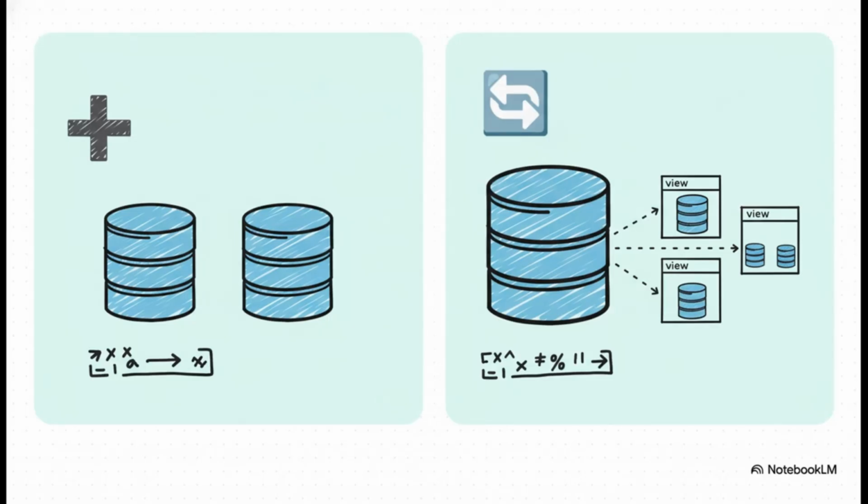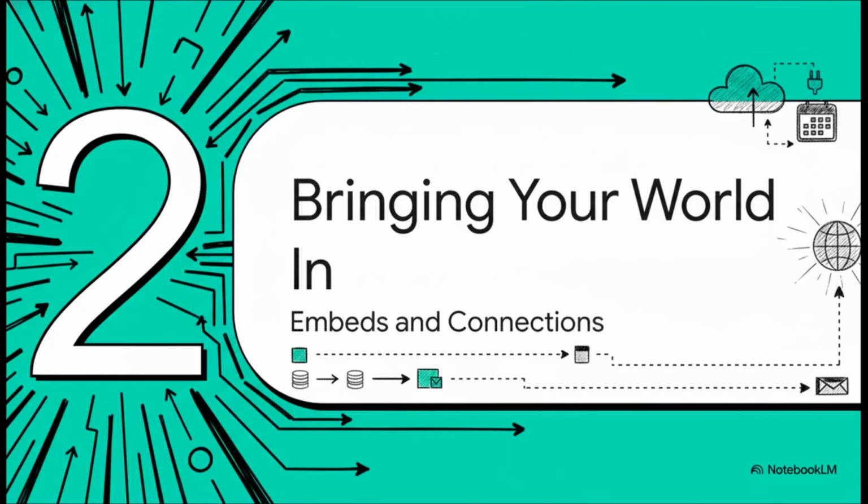Okay, and this is a really, really crucial distinction that a ton of people miss. It's the difference between creating a brand new database and creating a linked database. When you link a database, you're not making a copy. You're creating a new custom window into a single source of truth. So what does that mean? Well, you could have one master to-do list, right? And then you can show just the relevant tasks on your project page, your daily dashboard, your team page, all without ever having to copy and paste a single thing. It's all connected.